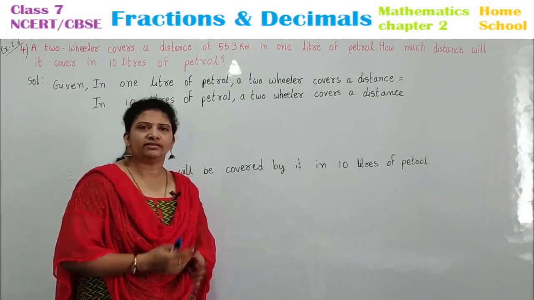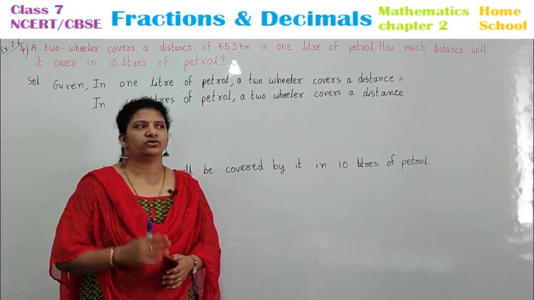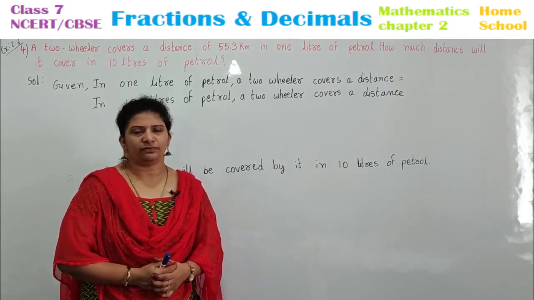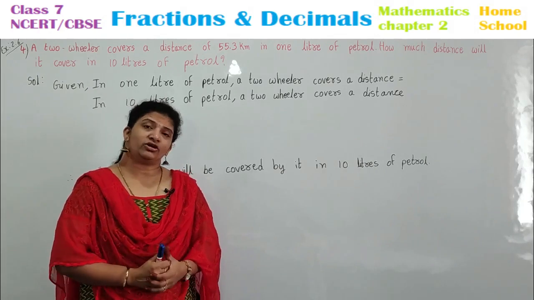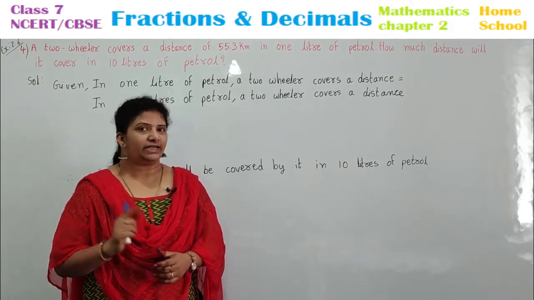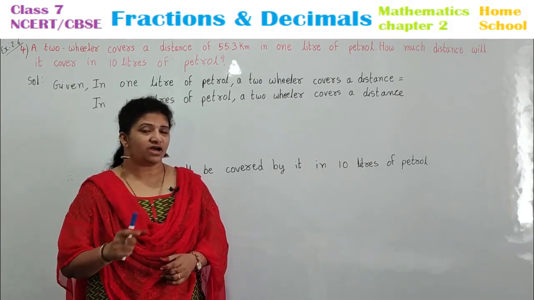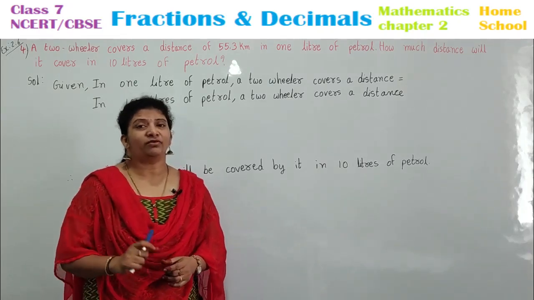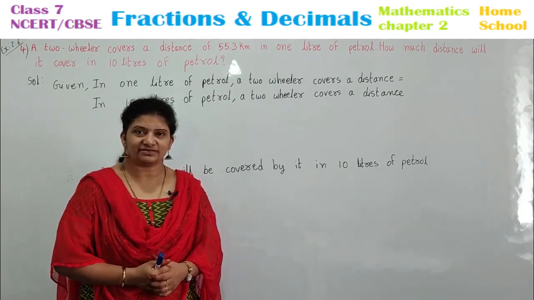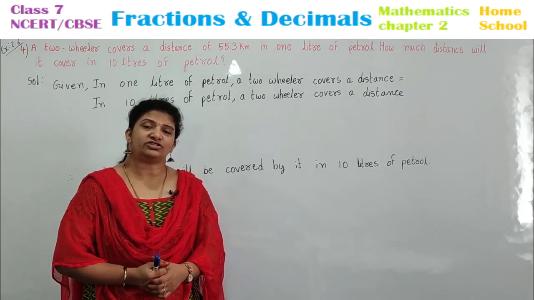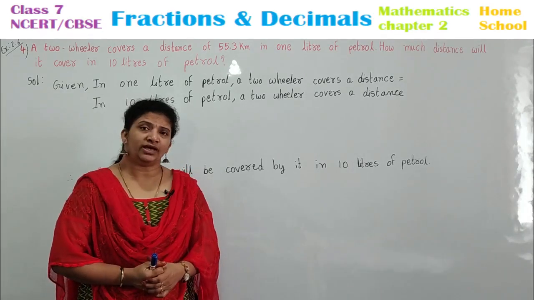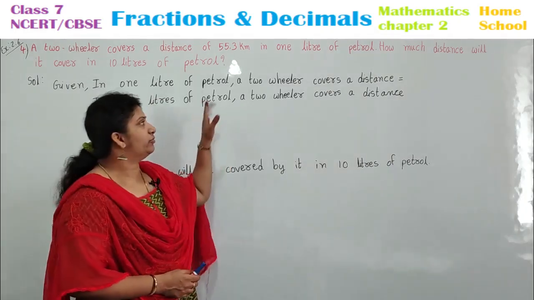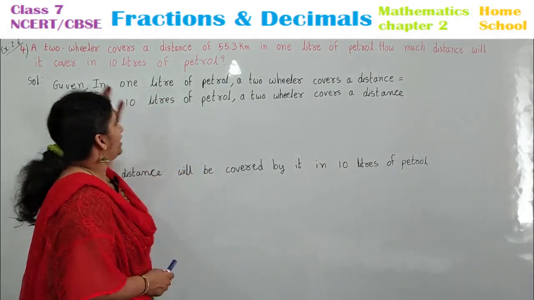Not only this, suppose you know the cost of 1 kg sugar is 40 rupees. 10 kg sugar means what are you going to say? 10 into the cost of 1 kg, how much there? 40. So 10 into 40 will be 400 rupees, the cost of 10 kgs of sugar. What did you do there? You have multiplied. In the same manner we do multiplication here. Look here carefully.